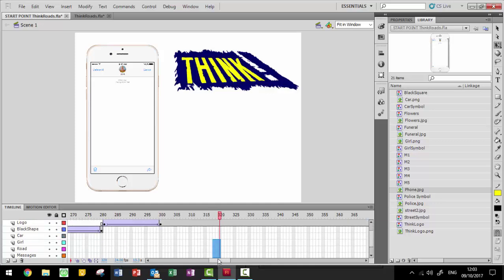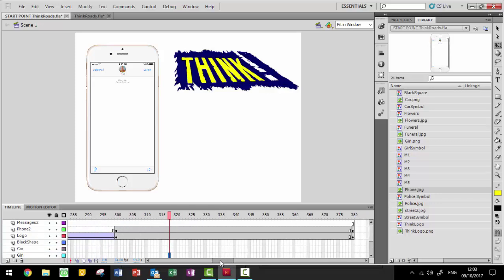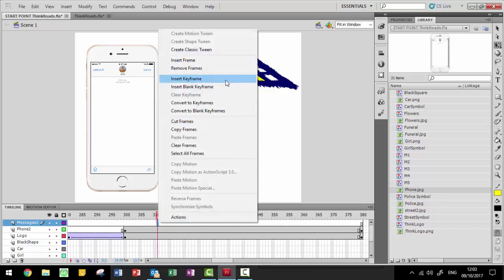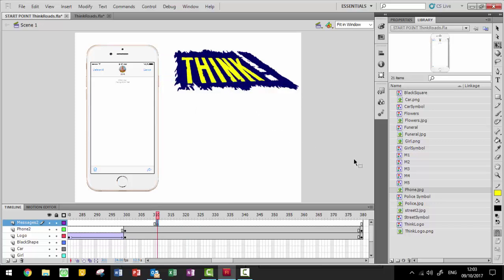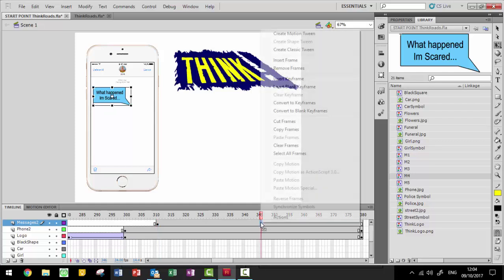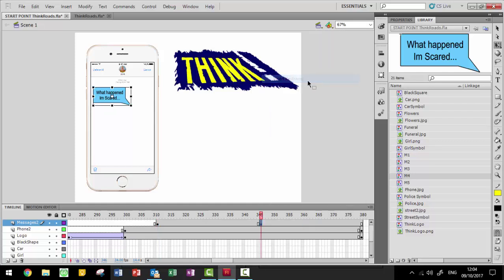Then roughly on frame 310 of the messages layer, right mouse click, insert a keyframe. We're then going to click on M4 and then drag that onto the phone. We want that to stay there for a few seconds. So roughly on 345 of the messages layer, right mouse click, insert keyframe, and we want message 5 to appear,